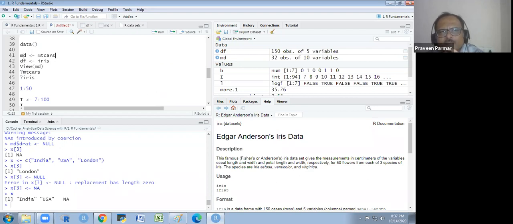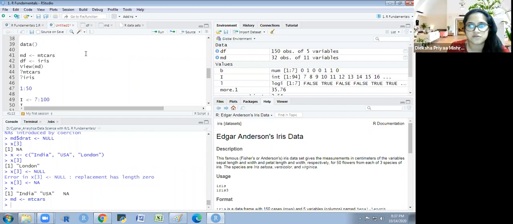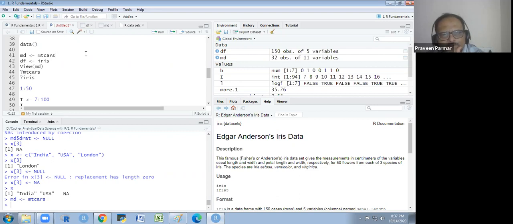So just write down the MD line and run it first. Put your cursor and run it. Okay, now I'm getting the 11 variables. Now use that command for NULL. Whatever you write in the script, you have to run it. Then it will go to the global environment. Otherwise, it will not go in.